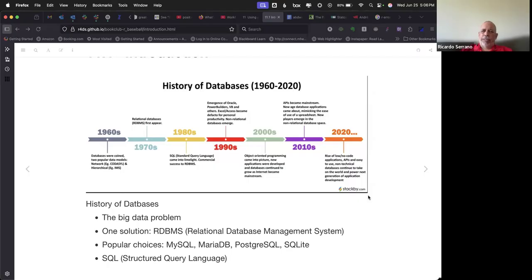In the 2000s, we have the internet coming into our view, and then in 2010, the APIs, how to connect with these databases remotely, the cloud, hosting services. And nowadays, even though we have other types of databases, for example NoSQL databases, we have unstructured